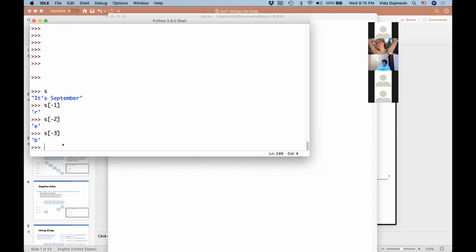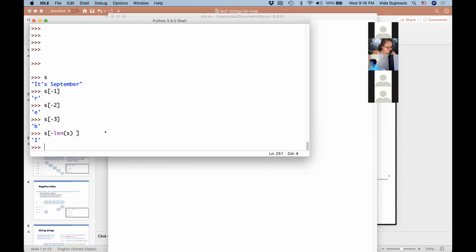You may ask yourself, if I want to start from the back, how do I get the first character? What index should I use to get the first character? Okay, so I want to use a negative index, but I want you to report I, so the first character. What should I put here? I put minus len of S, and it's not len of S minus 1, because when we are going from the back, we start counting at 1. So you go from 1 to len of S. But because when using positive numbers we start from 0, the valid indices are 0 all the way up to and including len of S minus 1.